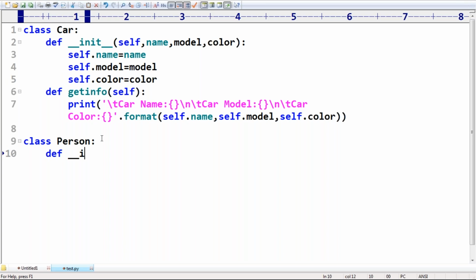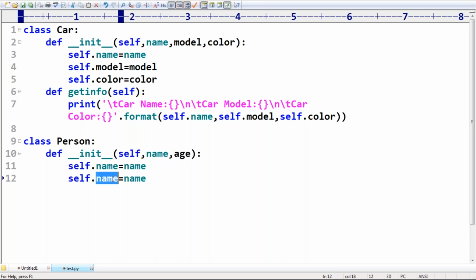Def underscore init, self, I'm taking name comma age, because name and age are available for every person. Self dot name is equal to name. Self dot age is equal to age, like this, right? Now, sir,